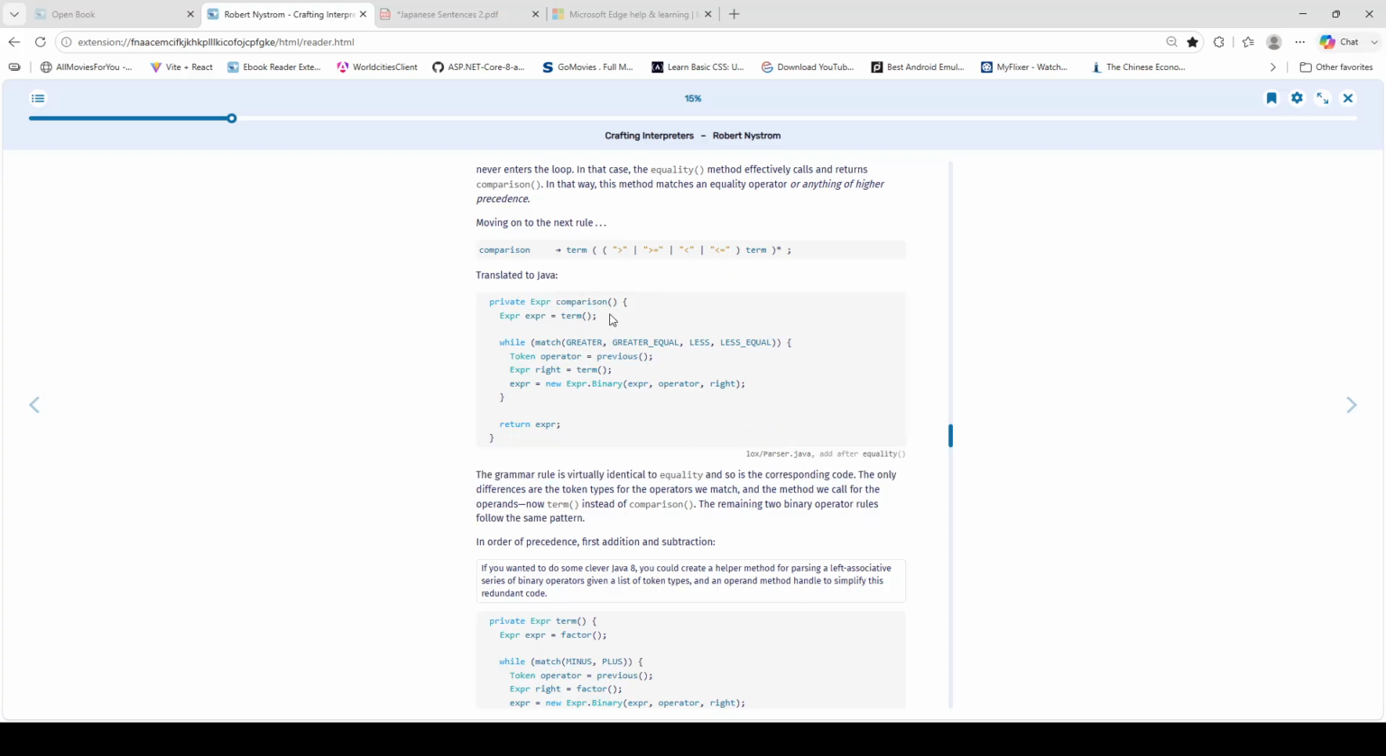private Expr comparison() { Expr expr = term(); while (match(GREATER, GREATER_EQUAL, LESS, LESS_EQUAL)) { Token operator = previous(); Expr right = term(); expr = new Expr.Binary(expr, operator, right); } return expr; }